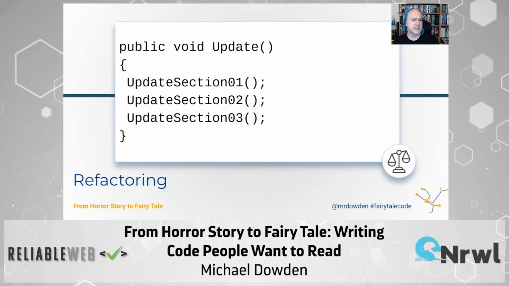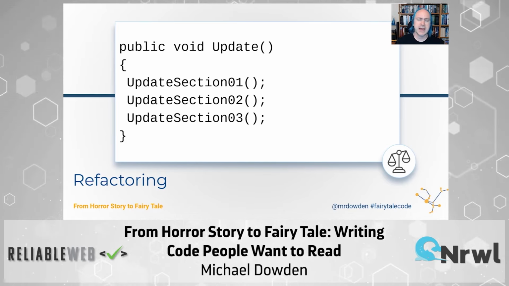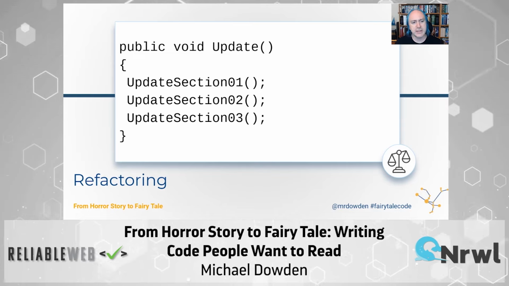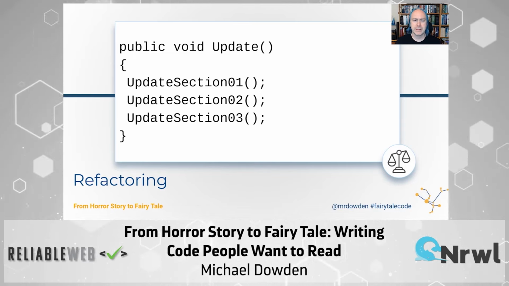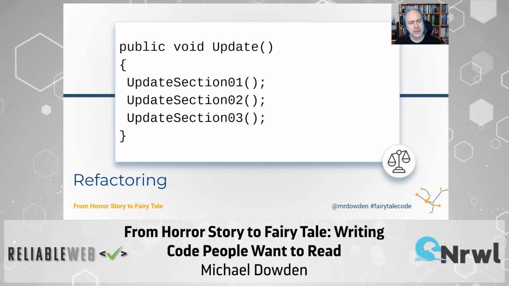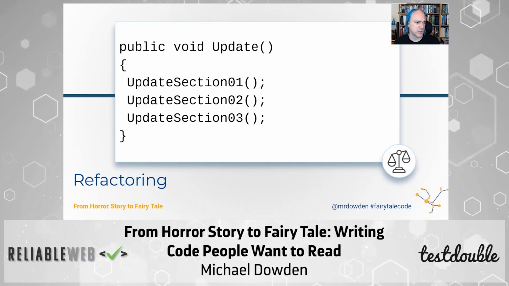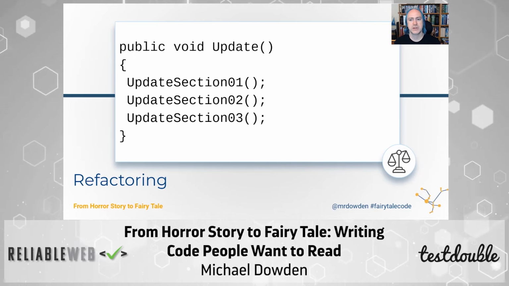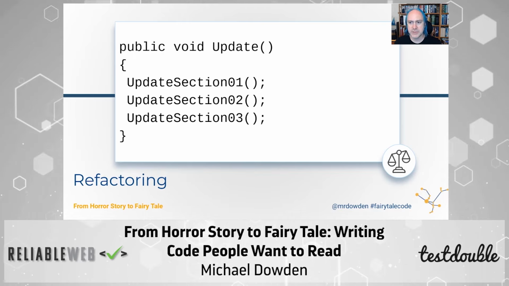So this is an example, again, from the Daily WTF of somebody that is trying to write cleaner, better code. But there's a side effect. How do you think this came about? Why would you write an update function that just calls 3 separate other functions? Well, I've seen this before, and I have a pretty good idea what happened.